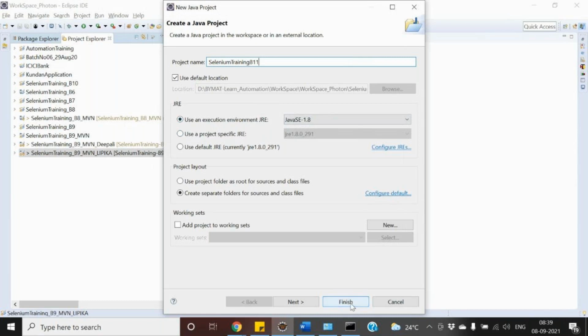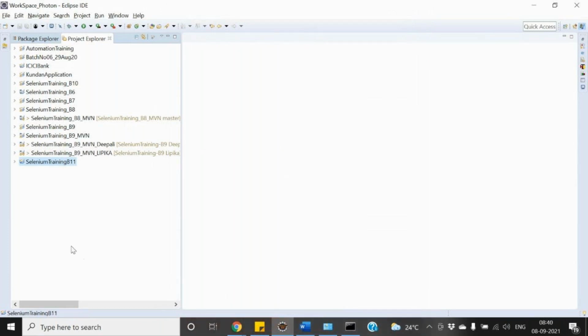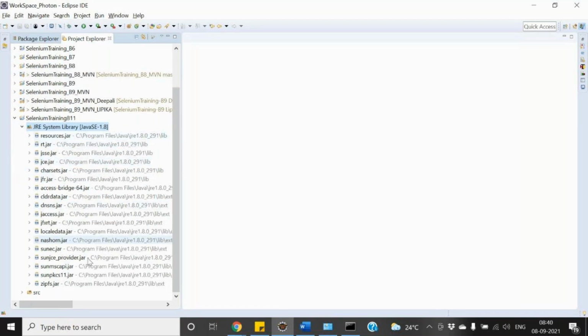So I'm going to say finish. So it will create a project for me. You can see it has created Selenium training B11, and if I expand it, I'm able to see the SRC folder and the JRE folder, the JRE system libraries. So what it did, it picked up all the jar files and libraries which it needed to execute the Java program. It will automatically pull out all the JRE files which it needed to run this